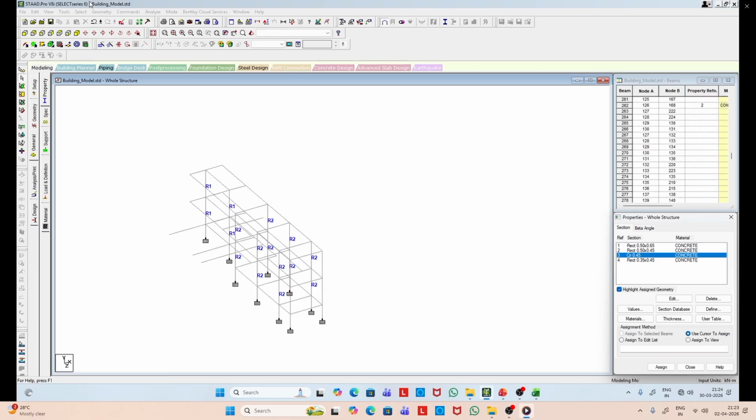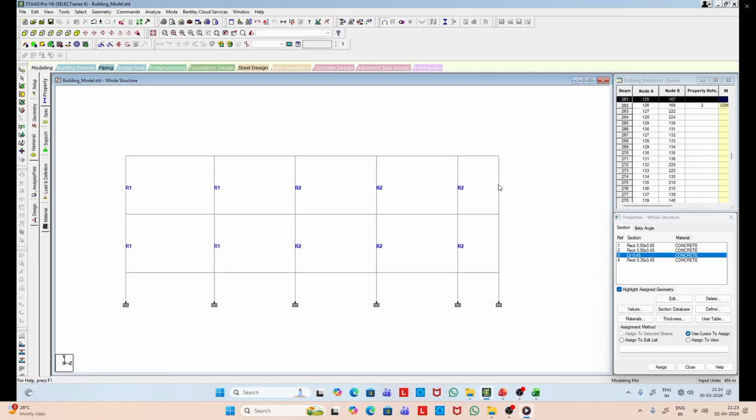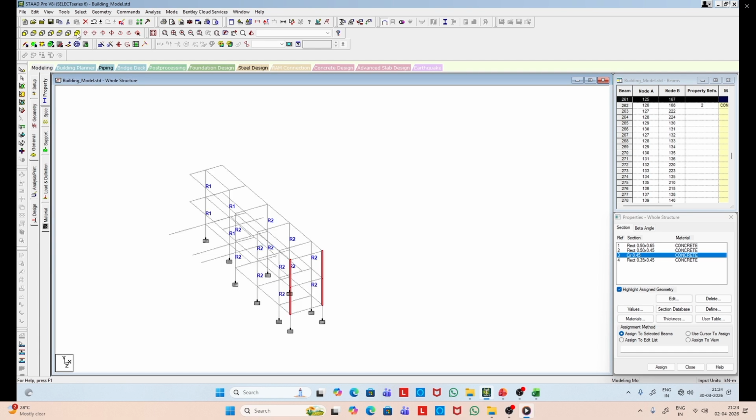So we apply circular cross section to these two columns. You see R3 is marked there.